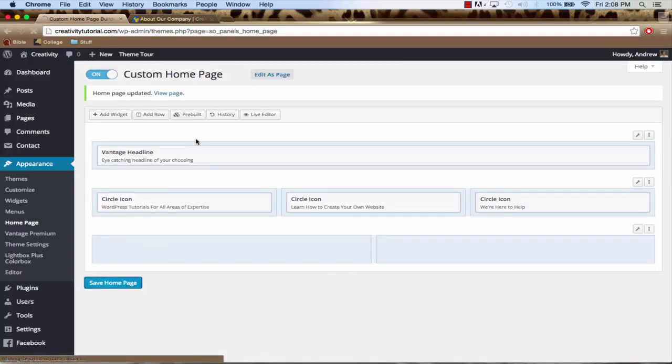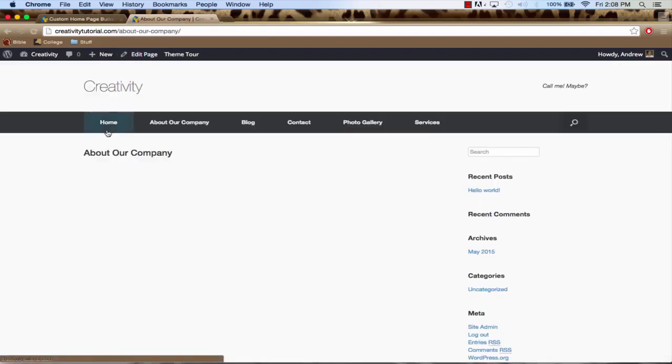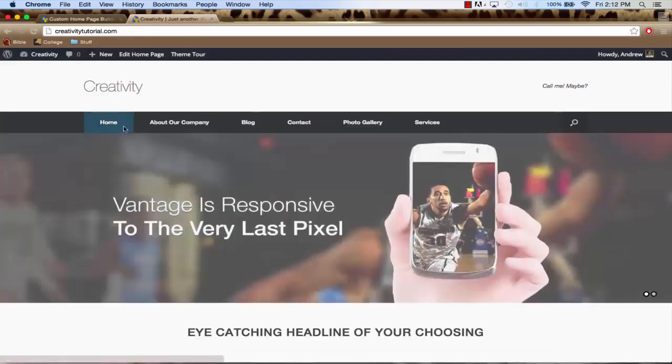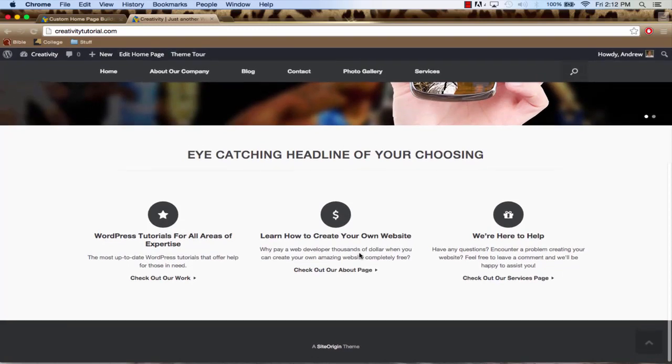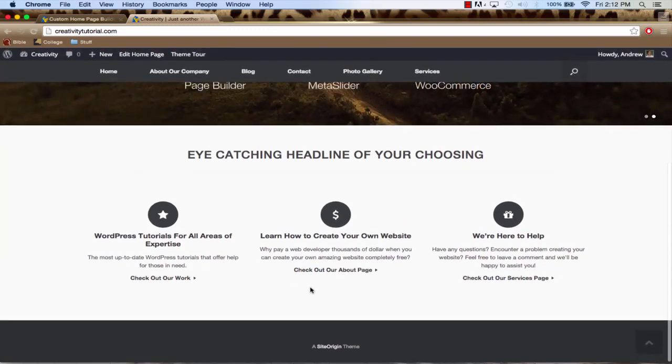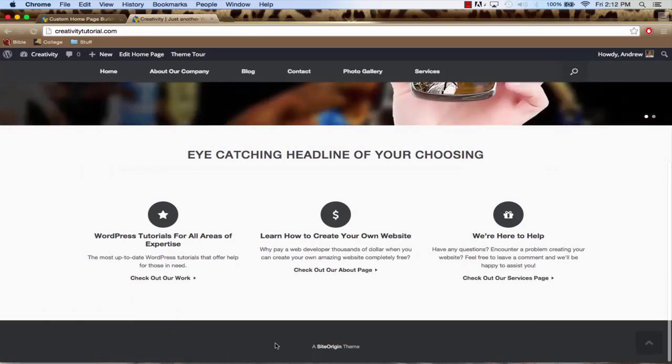and click Save Home Page, just to make sure that everything went according to plan. As you can see, we have our headline and we now have our 3 call to action buttons. So the next thing that we're going to get is the video and the text area that we had down here. And also we're going to install the social media icons that will be linking out to your different social